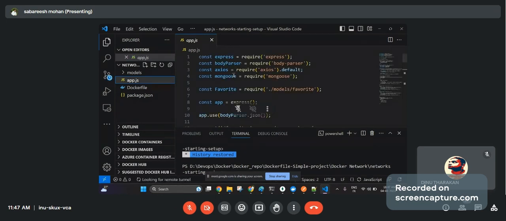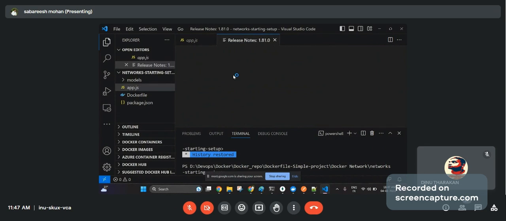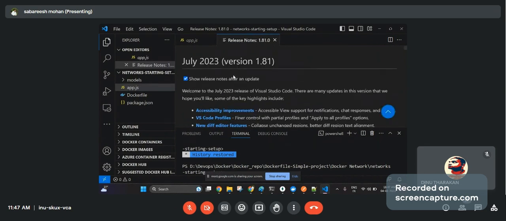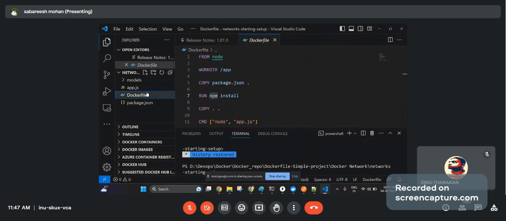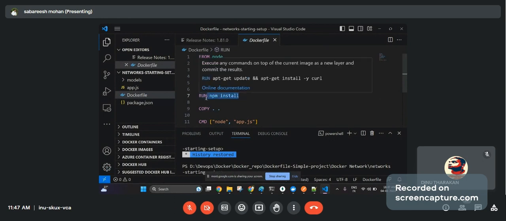Since you are interacting with them on a daily basis, you know what type of application they are building. They are building a Node.js application. Now suppose they are creating a Python application. Then this will change, and not only that, this also will change, because for a Python application there is a different way you install the dependencies and run them.